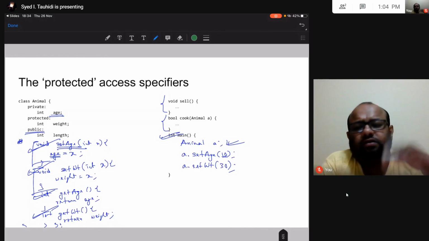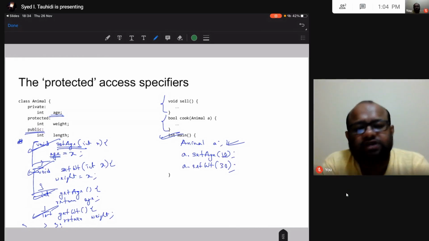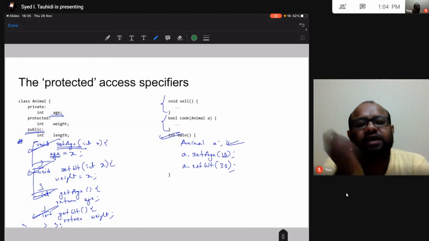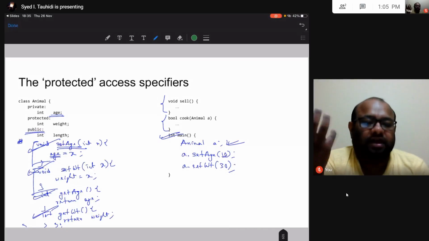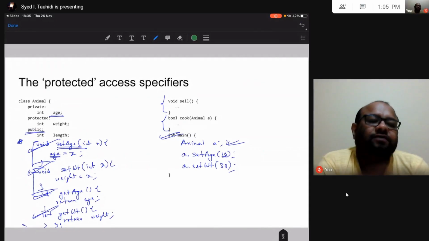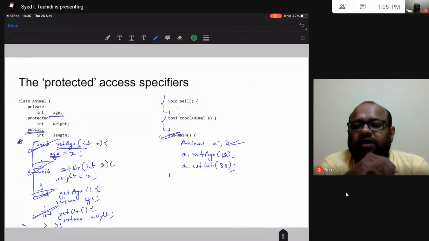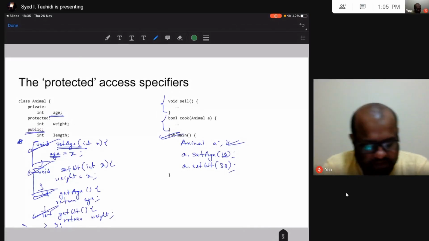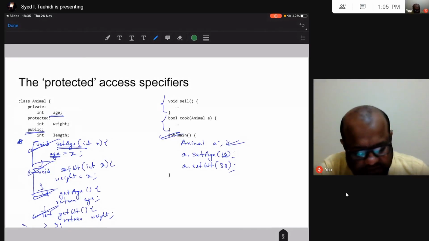All this logical condition checking and security can be enhanced using this. Instead of allowing this person to directly set a dot age equal to 500, which would not allow any such condition checking. So if I have these interfaces, I can have this extra security. That is one reason why we would have such interfaces to access this private data attribute, and not allow direct access to these attributes.